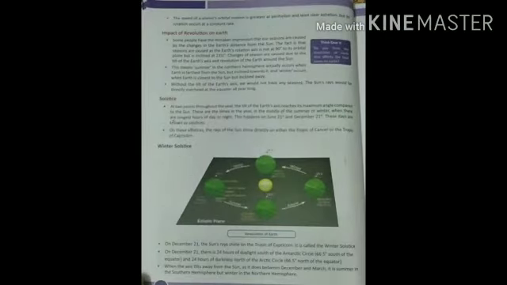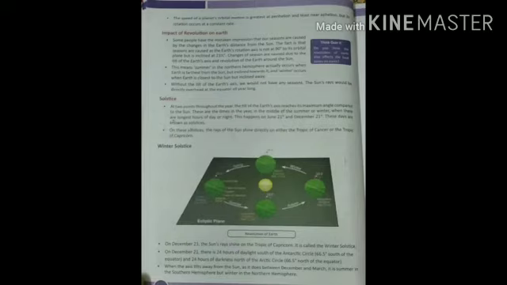Now you can see solstice on your screen. You can see the impact of revolution on the earth. I have explained what is solstice. At 2 points throughout the year, the tilt of the earth's axis reaches its maximum angle compared to the sun. These are the times in the year, in the middle of the summer or winter, when there are the longest hours of day or night. So twice this solstice happens, once in June and once in December. These days are known as solstices.